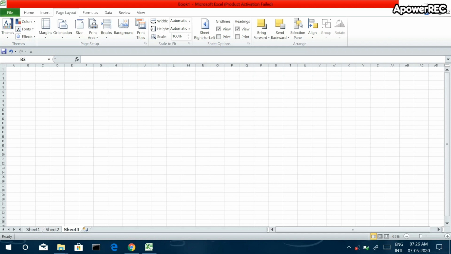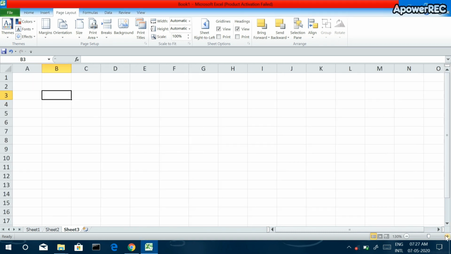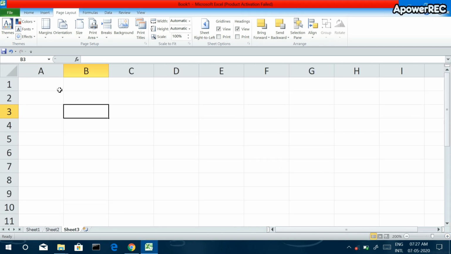To make it easier for you to look at, I am going to use this little slider in my right corner to zoom in so that you can see clearly what is going on. And I click on my cell A1 to enter data. It is just an example. Let's say I want to enter the employees' data for a particular company. It could be anything. For example, if you are a teacher and you want to store data of your students, or it can be patient data, materials data, and so on. But now I am going to use the employees' data.